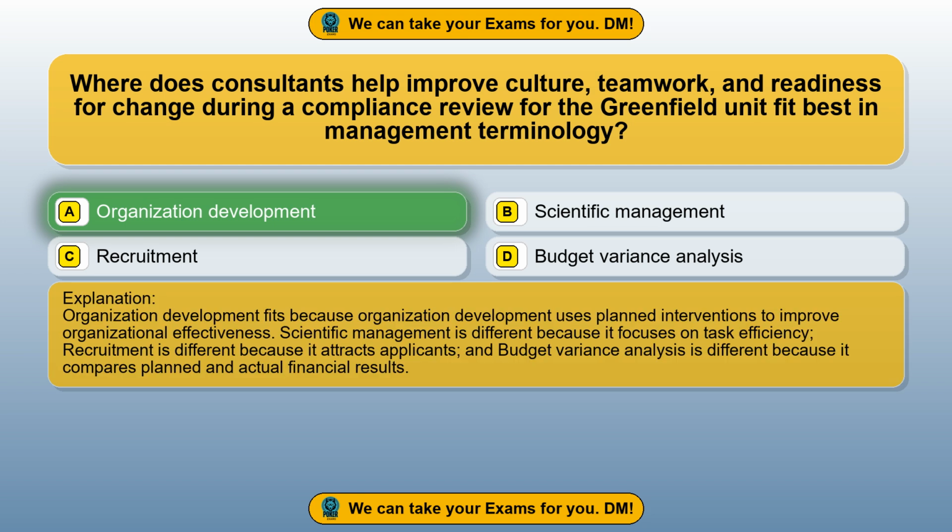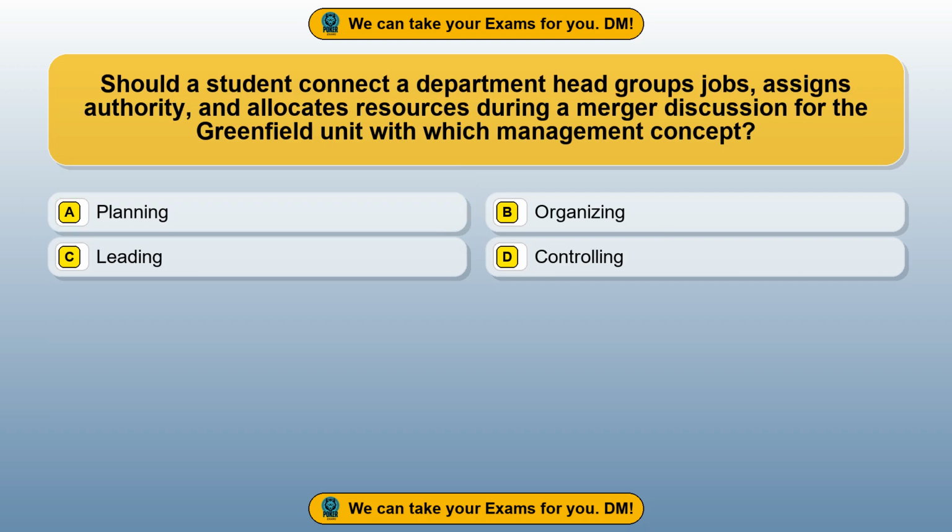Organization development fits because organization development uses planned interventions to improve organizational effectiveness. Scientific management is different because it focuses on task efficiency. Recruitment is different because it attracts applicants, and budget variance analysis is different because it compares planned and actual financial results. Question 82. Should a student connect a department head group's jobs, assigns authority, and allocates resources during a merger